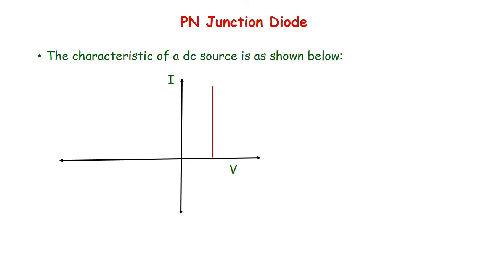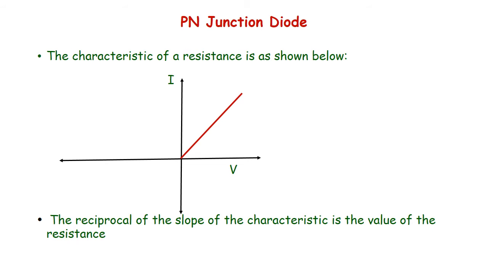So before we look at the characteristics of a diode, we look at the characteristic of a DC source. A DC source gives out constant output voltage for any load current. So that's why you find a perfectly vertical straight line. And then this is a characteristic of a resistance. And if you remember Ohm's law,